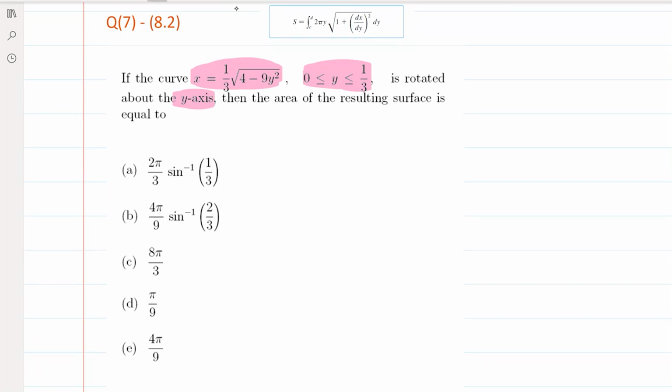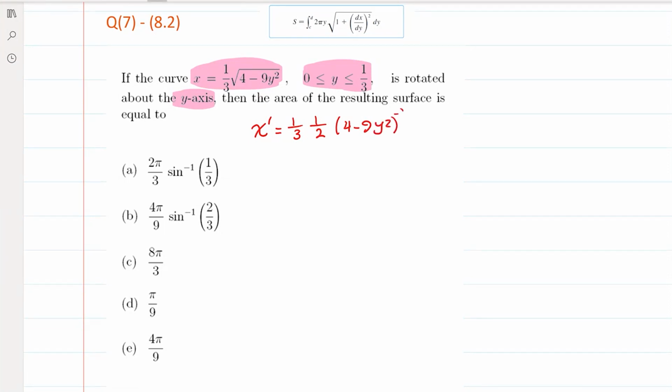First we take the derivative of the function. What is the derivative, Abdullah? 1/3 multiplied by this expression to the power half, so 1 over 2, times 4 minus 9y squared